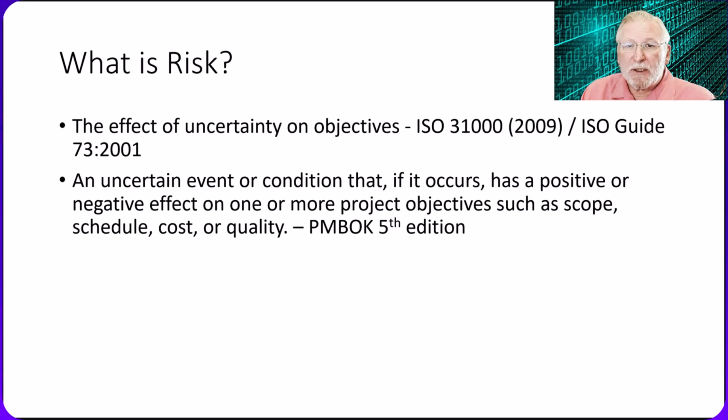According to ISO, risk is the effect of uncertainty on objectives, and that's only, I think, partially helpful because risk deals with events that may or may not occur. Events that don't occur have no effect. The PMBOK is useful in a couple of ways. First, it recognizes events that may or may not occur. And second, it also reminds us that uncertain events may have positive as well as negative effects on project outcomes. So let's run through PMBOK's take on risk management in a little more detail.